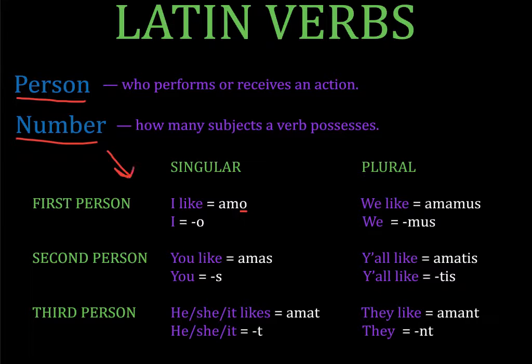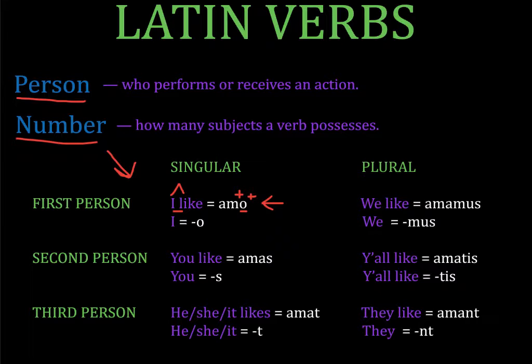Moving our attention to the graph, English verbs do not possess personal endings in the same sense that Latin verbs do, as English separates the subject from the verb, whereas Latin oftentimes combines them together. For example, we can plainly see this relationship when viewing amo in the first person singular with its English counterpart. Moreover, we can additionally witness how English separates I away from like, whereas amo combines both the verb